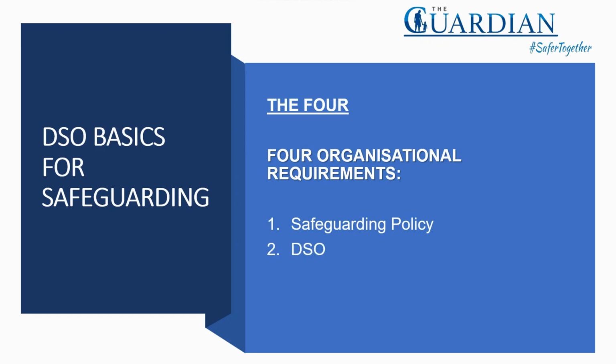The second thing is your DSO, designated safeguarding officer. Once they're appointed, they do need to go on training and they need to qualify as a DSO. In that course, it's generally a 2 to 3 day course. In that course, they will gain valuable tools to assist them not only in the proactive space, but it will also give them tools and skills to deal with any reactive issues that may arise.